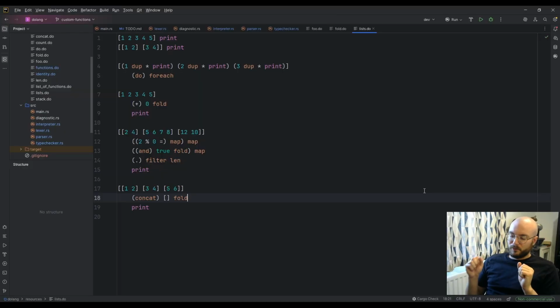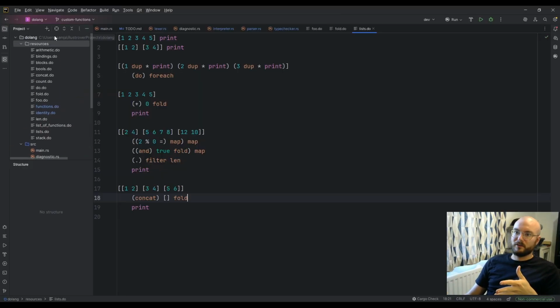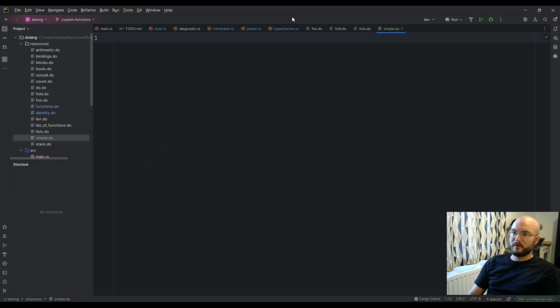So instead of having expressions, for example, if I start a new file and say 4, 5 plus, this pushes 4 onto the stack, pushes 5 onto the stack, and then plus pops off the two values underneath it off the stack, adds them together if they are integers, and then pushes the result onto the stack.